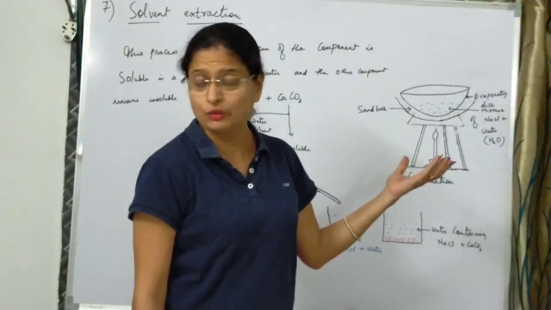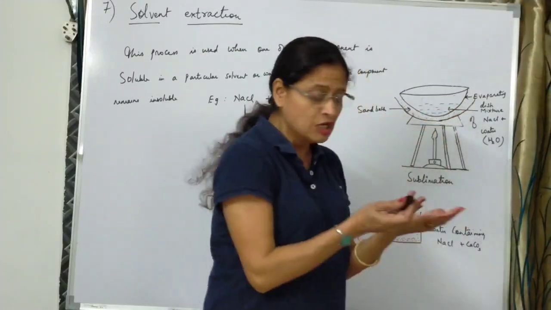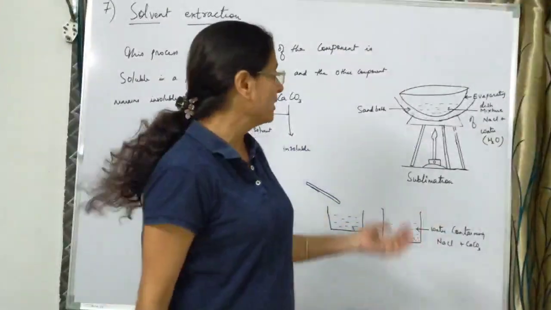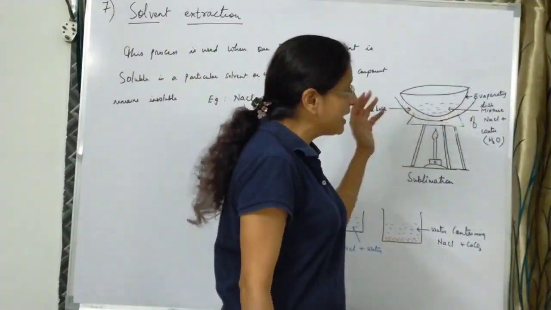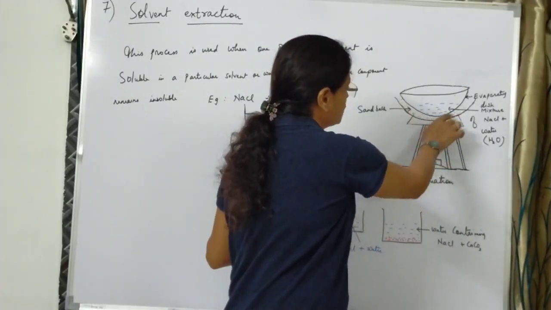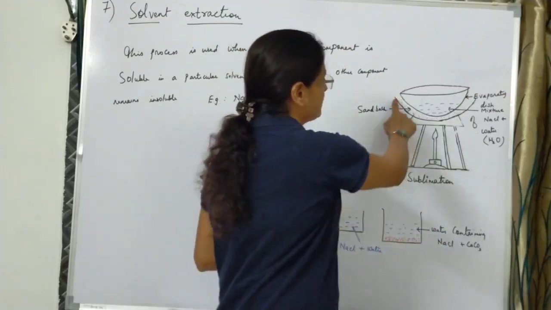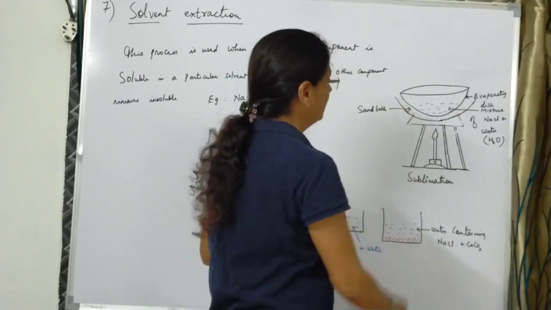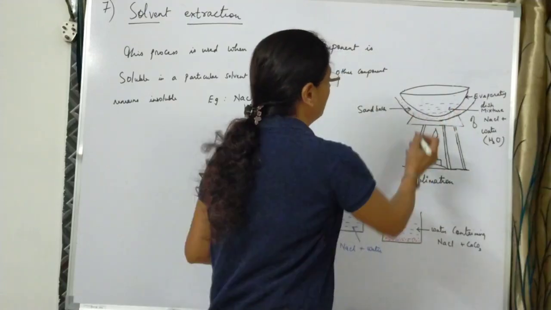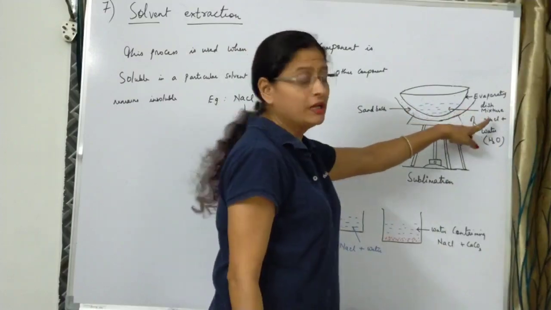If it is not of good quality, even then it breaks. So what we do, we take another container. It is a sort of metal container, metal plates, into which we keep some sand. First we keep the wire gauge, over the wire gauge we keep this sand bath, or directly also the sand bath can be kept over here, and then we heat it. Onto this sand bath, we keep the evaporating dish containing our required mixture.